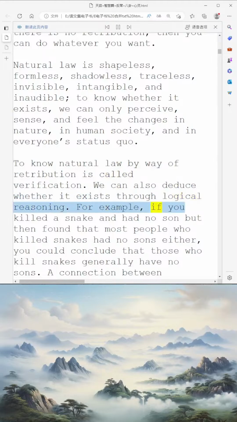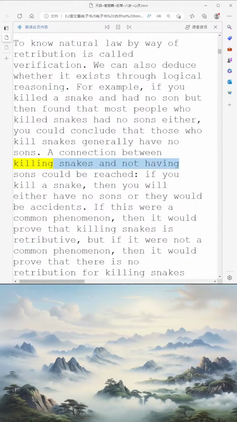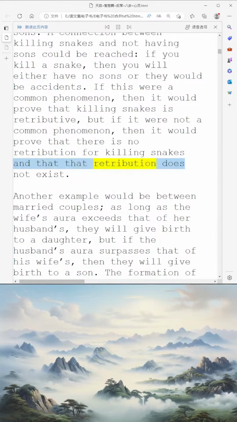For example, if you killed a snake and had no son but then found that most people who killed snakes had no sons either, you could conclude that those who kill snakes generally have no sons. A connection between killing snakes and not having sons could be reached. If you kill a snake, then you will either have no sons or they would be accidents. If this were a common phenomenon, then it would prove that killing snakes is retributive, but if it were not a common phenomenon, then it would prove that there is no retribution for killing snakes and that retribution does not